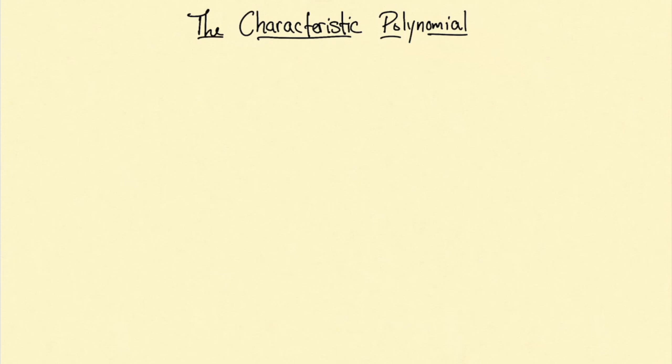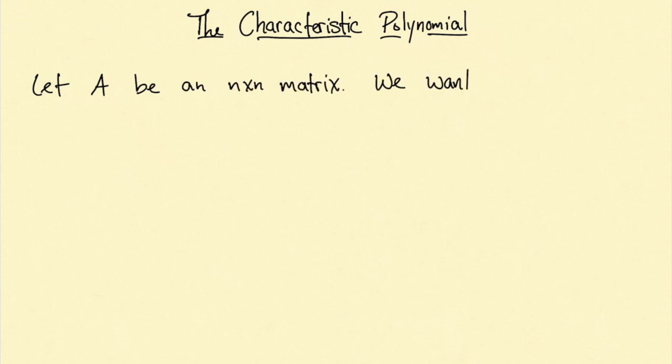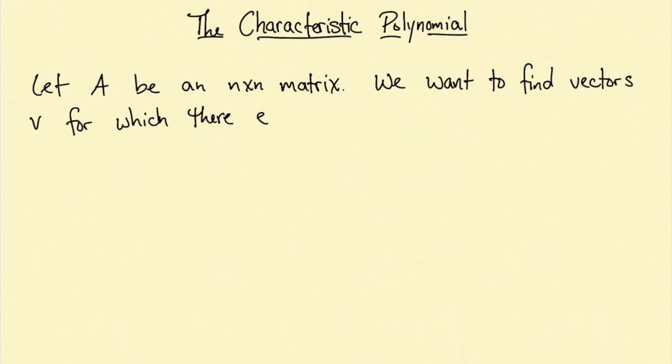Now that we know what it means to be an eigenvector of a matrix, and some of the ways that these objects are interesting, we turn our attention to finding these eigenvectors for square matrices. Throughout this video, let A be an n by n matrix. We're interested in finding vectors v for which there exists a scalar lambda so that Av is equal to lambda